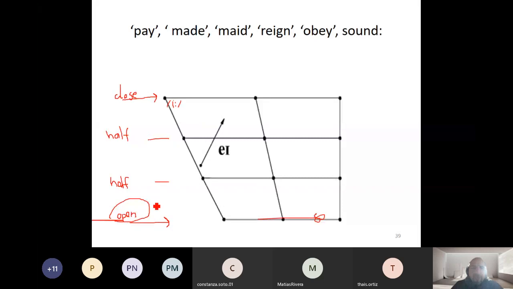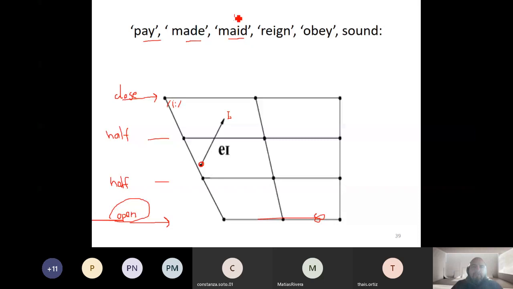So that's why in the production of A, we start from A and we move to E. The words in which you can find the diphthong are, for example, pay, made,